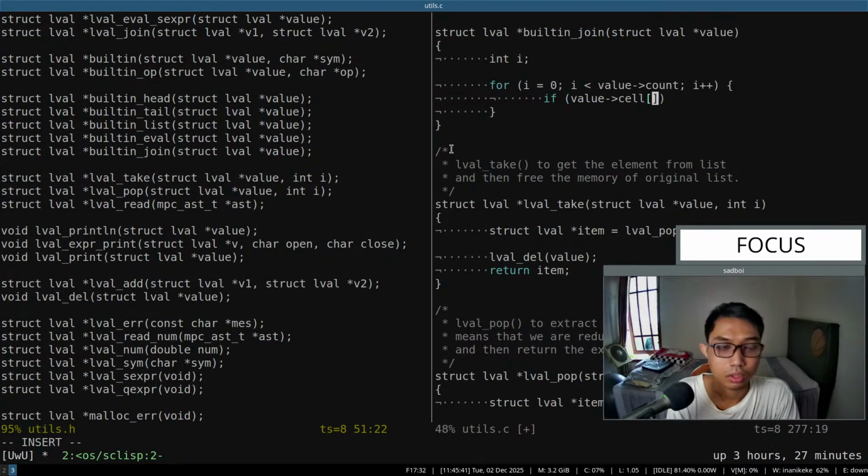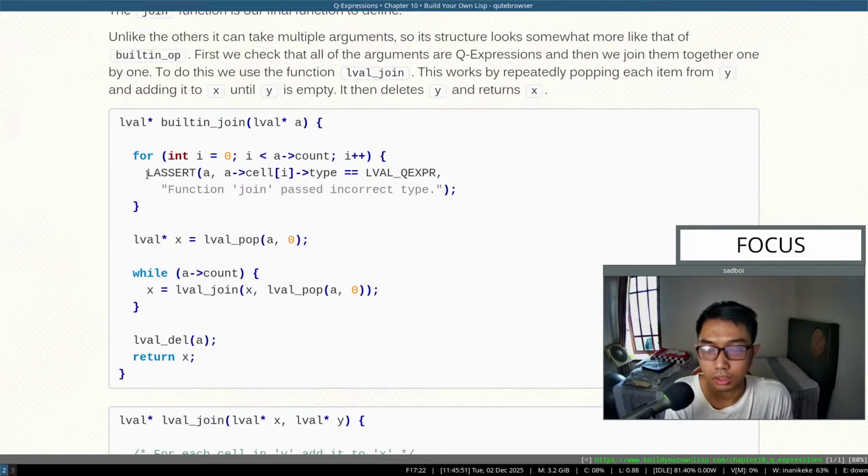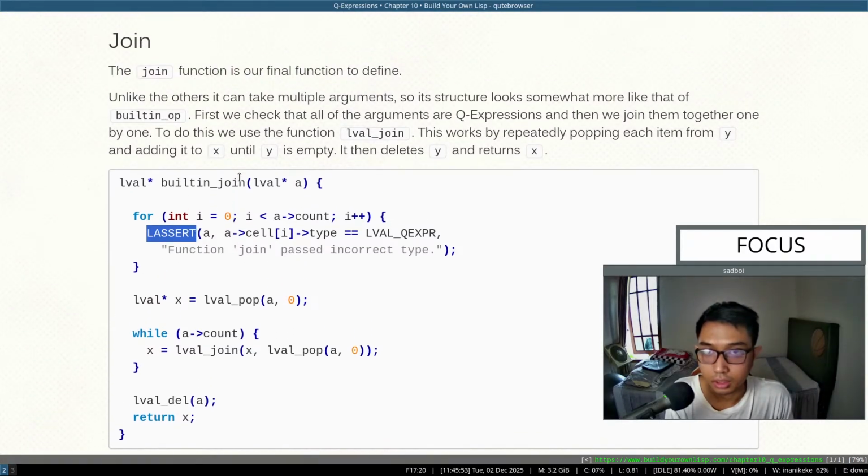Value cell I, type not equal. Okay, for the one that's just coming in,